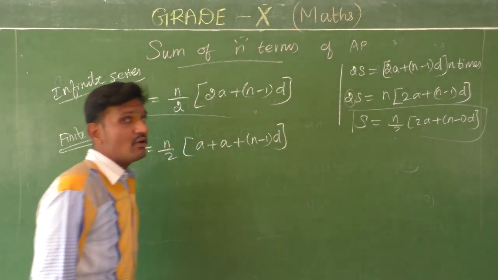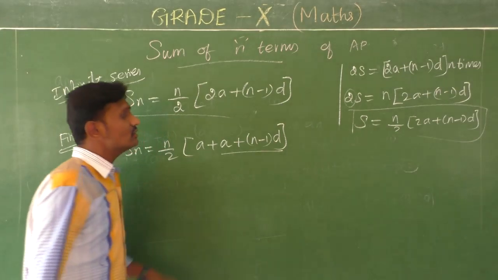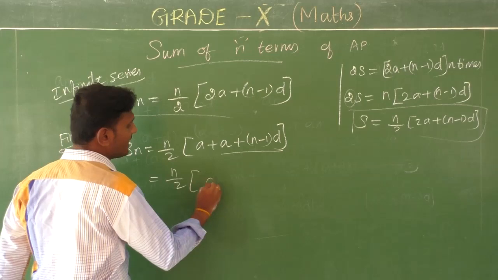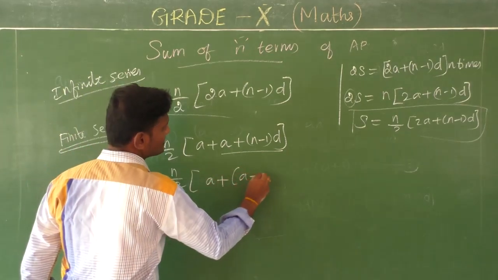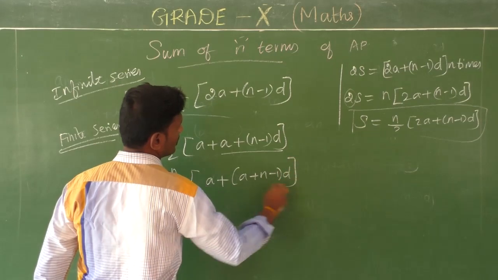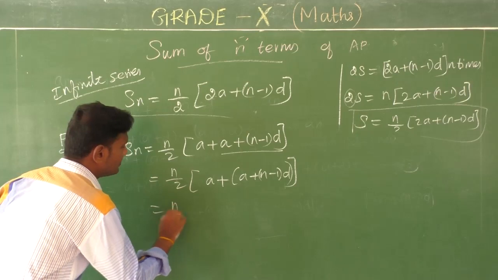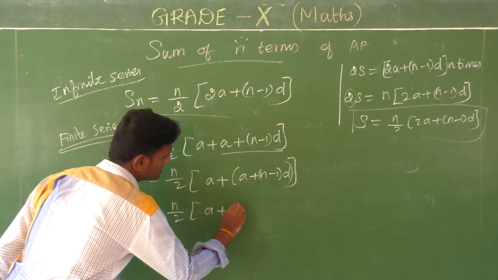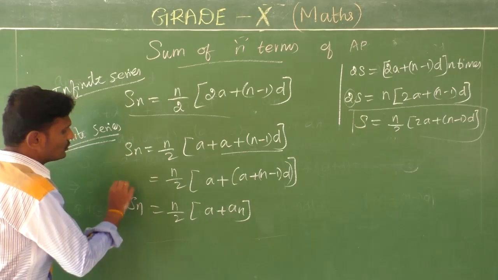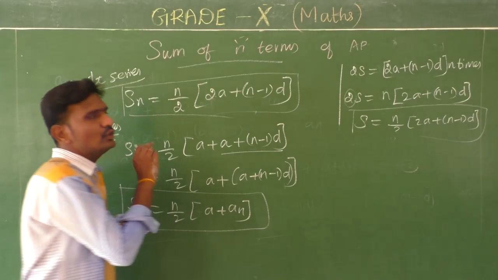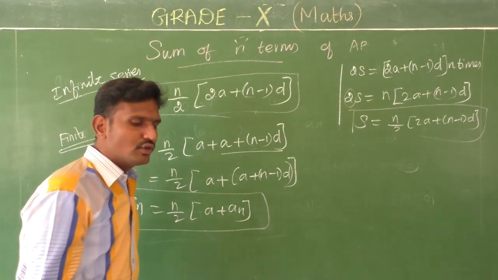The same term. Now I am going to compare these two terms, and first take n alone. Now n by 2 into (a plus (n minus 1) into d). Do you know the formula for a plus (n minus 1) into d? What is that? The nth term. So n by 2 into (a plus an). This is the sum of the arithmetic series in a finite series. Okay, students, finally you got the two formulas from this exercise. So what are the formulas?